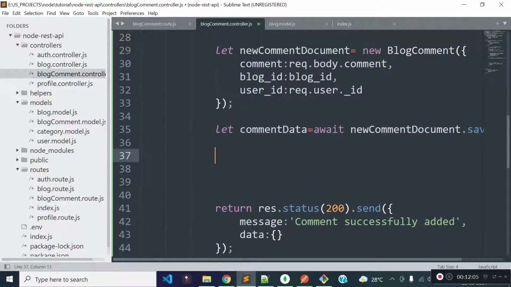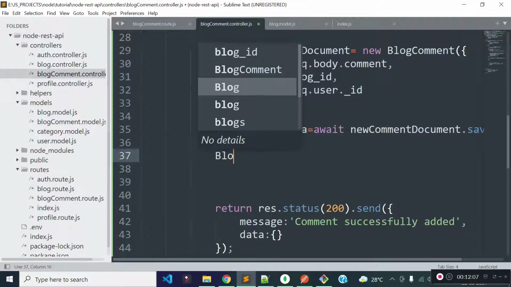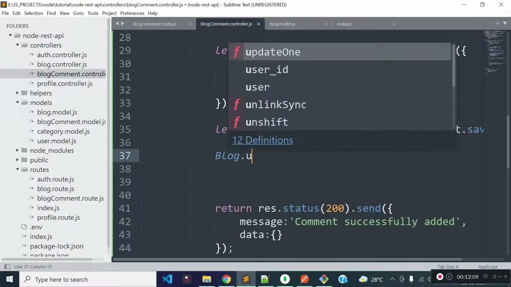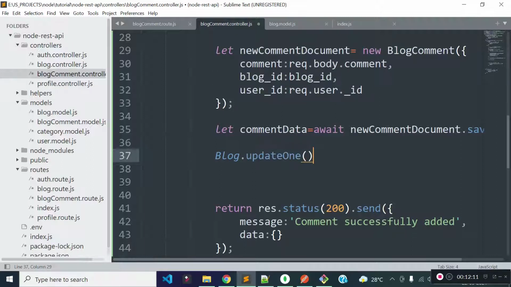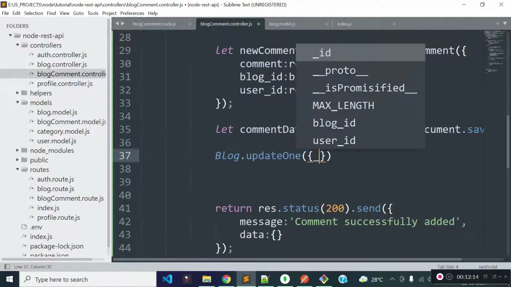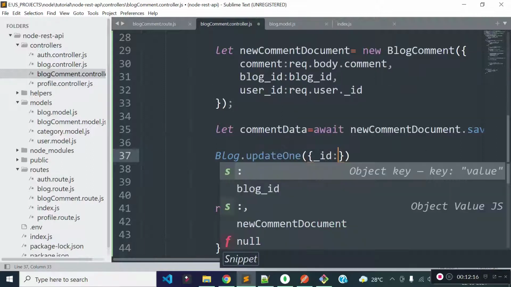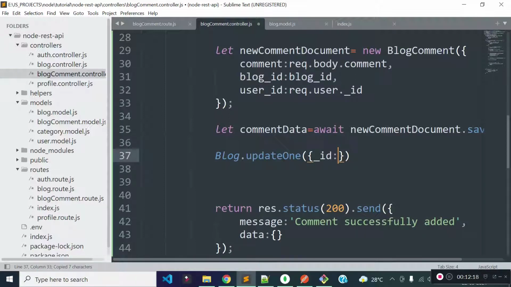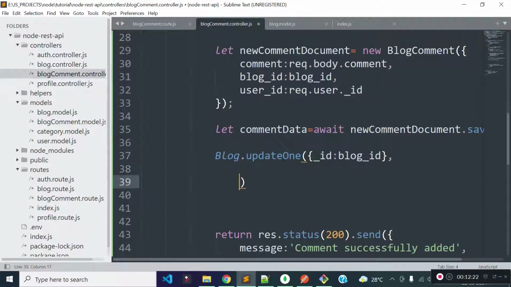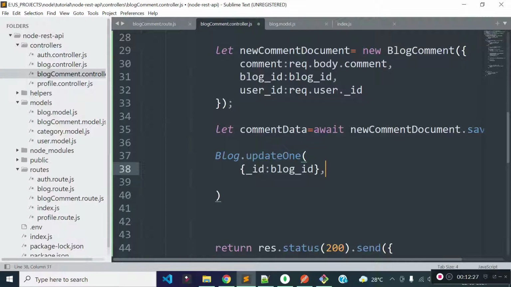Okay, and after storing the comment data, I'll update the blog record, right? So we can update the blog record with the help of the blog model's updateOne method, and inside this updateOne method we need to provide the condition. I'm going to update the blog of this ID, so I'll provide the condition _id is equal to blogId, and in the second parameter we need to provide the data, whatever data we want to update for the blog,